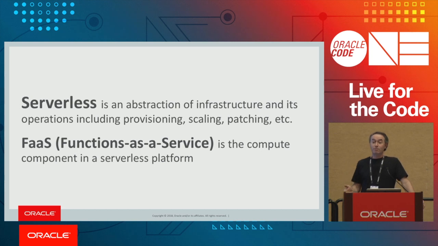So a functions as a service platform, or FaaS, is basically a compute component of a serverless platform. When you're dealing with functions or FaaS, you deploy your code, you don't provision hardware, you don't worry about the scaling, you just deploy your code, you call the code, it runs somehow magically in the cloud, right? Serverless. Of course, a lot of people argue about what a dumb name that is. It's true, it's kind of dumb, there are servers, but from the perspective of the user, it's serverless, right? You don't worry about that. The provider, like Oracle or Google or whoever, has got all these servers, that's their problem, right? But the user perspective and the user experience is serverless.